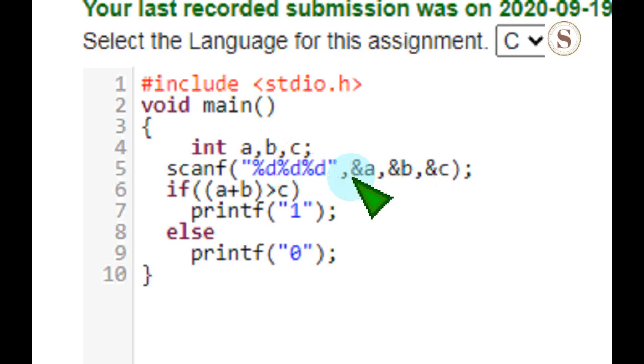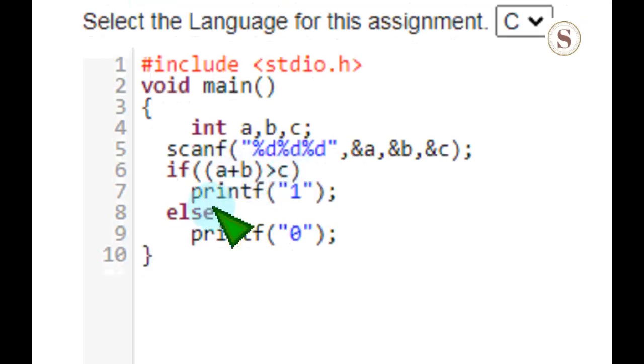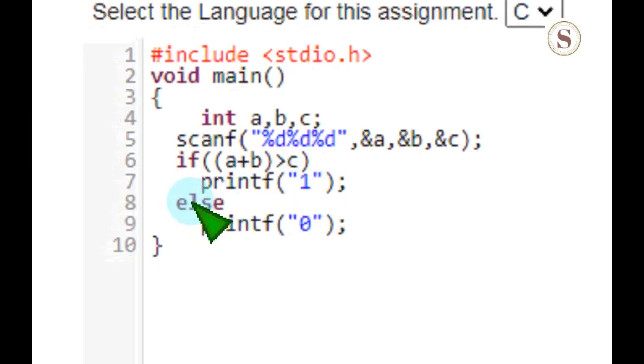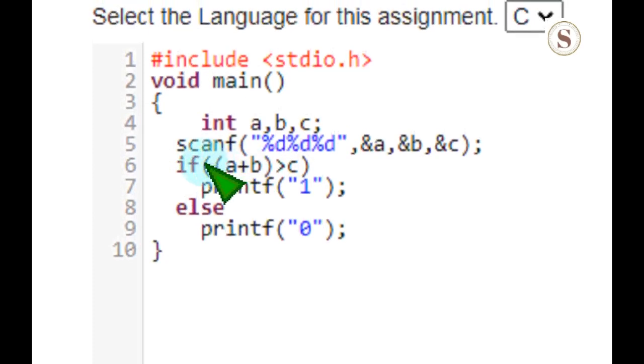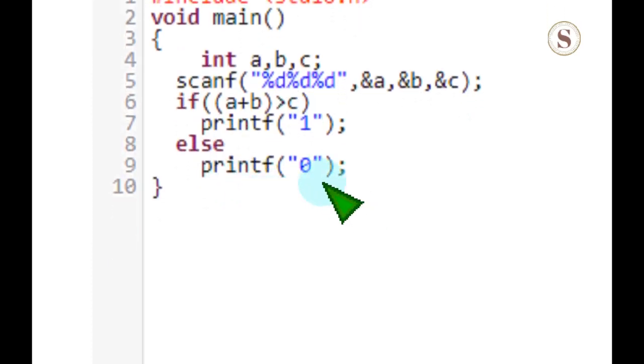So friends, if the sum of the first two, a and b, is greater than c, then printf 1, it outputs the value 1. Else, if this condition is not satisfied, whatever the case, we give the output as 0.